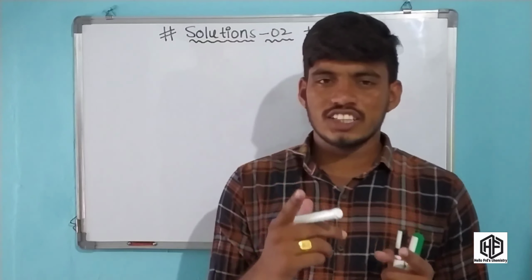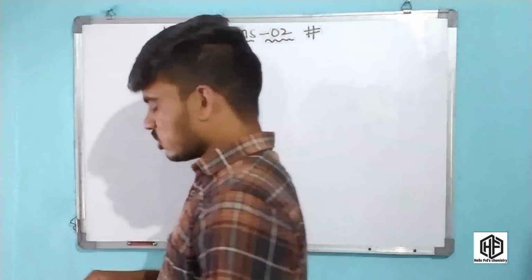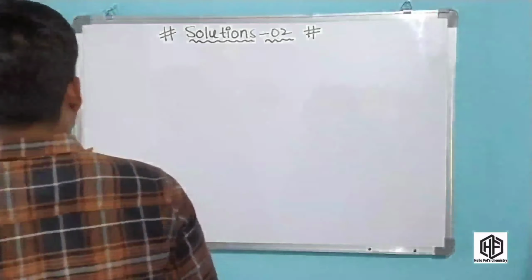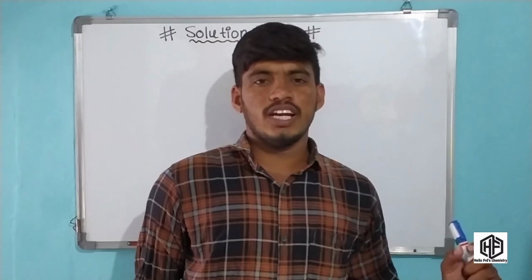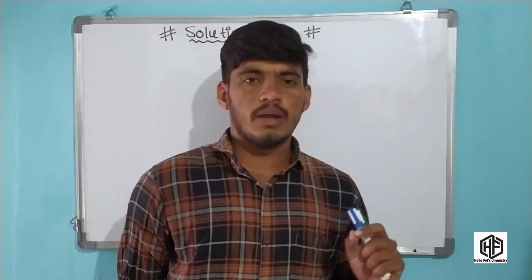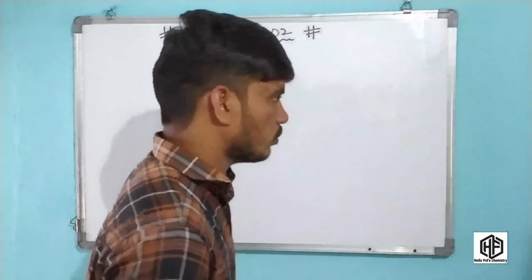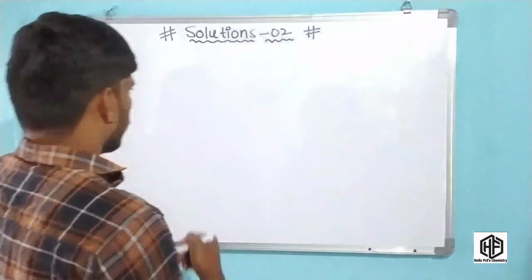Okay friends, now let us start this section and look at the board. The first concept of this solution is the concentration terms, which are volume related and mass related. In this video I am going to discuss the volume related terms. The first volume related term is the volume by volume percentage. The formula of the volume by volume percentage is